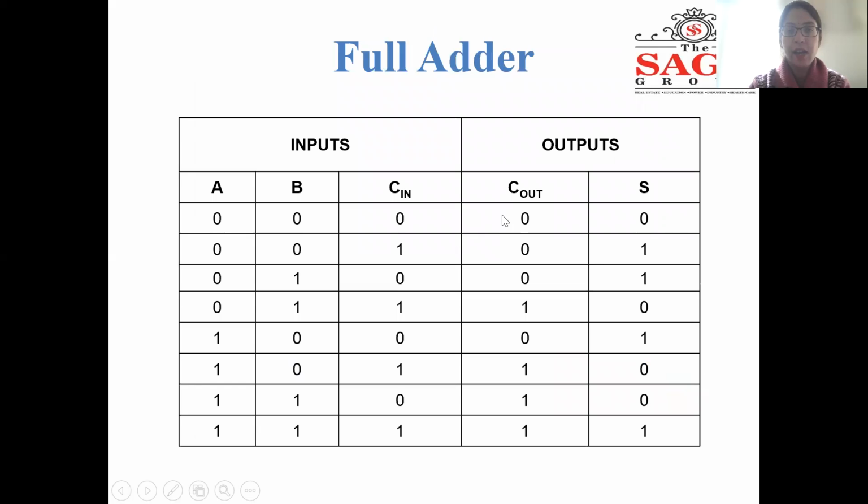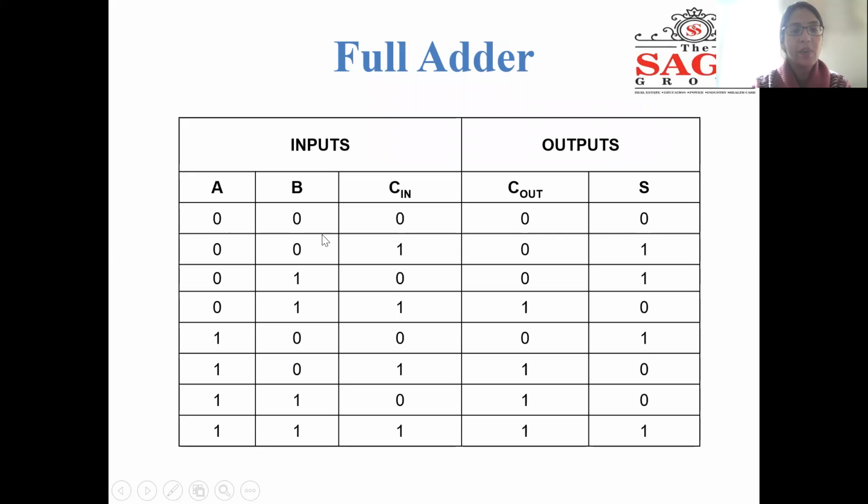The next combinational circuit is the full adder. A full adder is a combinational circuit which is used for the addition of three binary bits, and you will get the same outputs, sum and carry. So let us take three inputs A, B, C in and outputs sum and C out. Using the rules of binary arithmetic, we'll add these three binary bits.